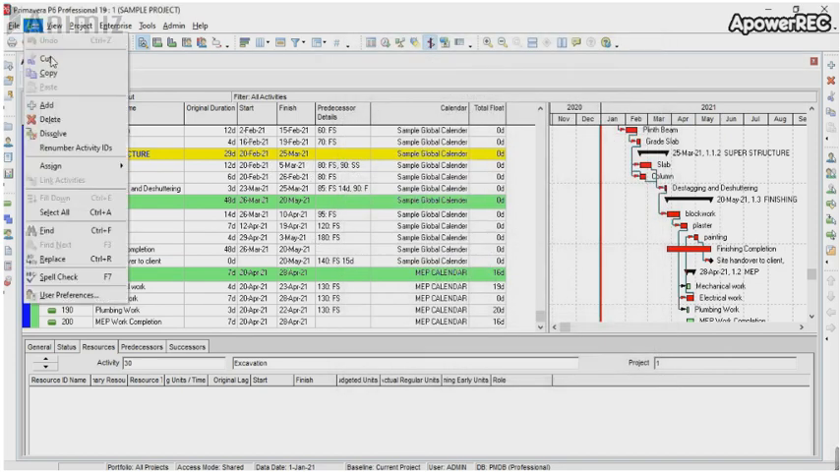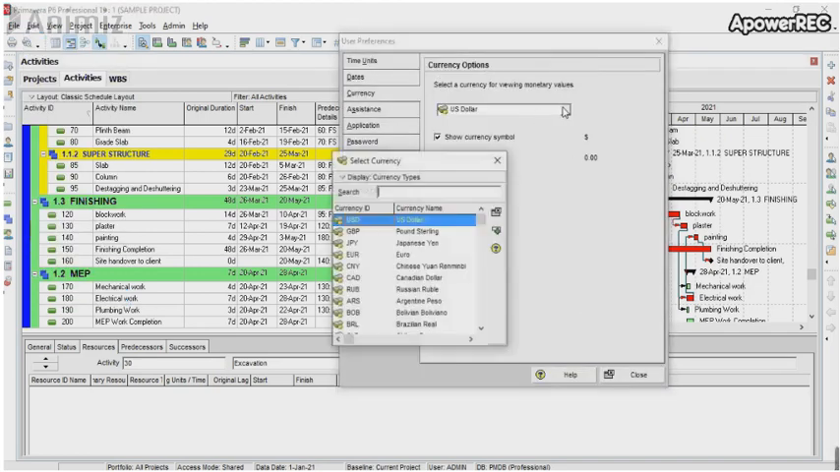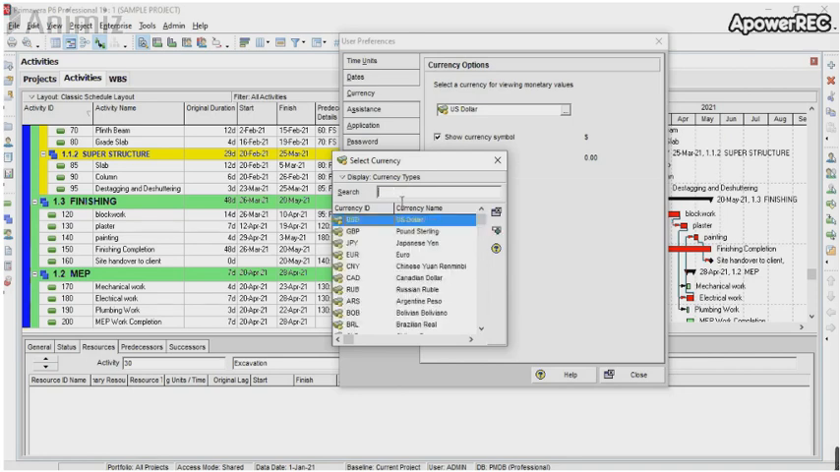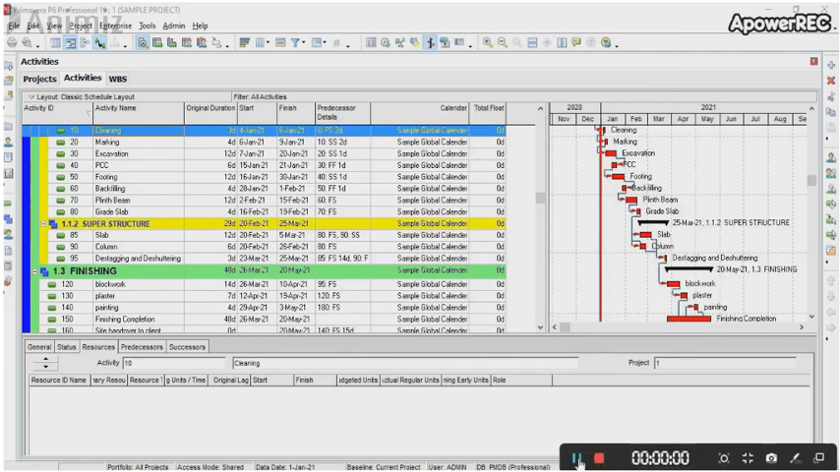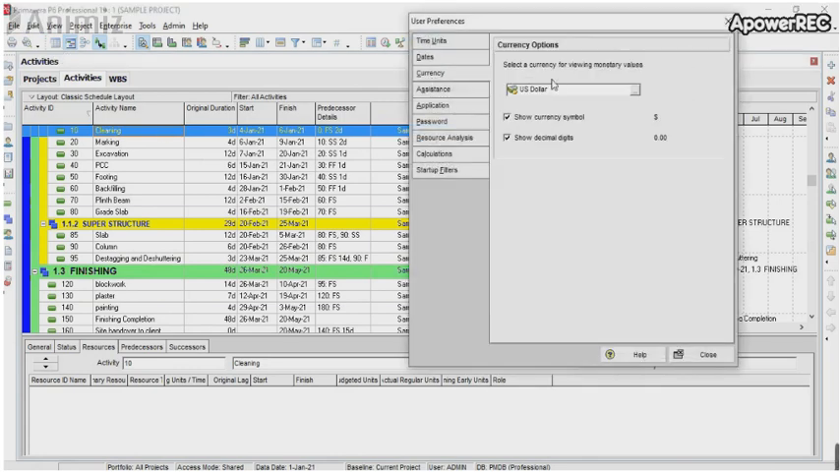If I untick the leading zero button, the zero before the dates gets removed. Now another thing that we will often use once we do the cost loading on the project is the currency. There might be a possibility that the currency you are looking for might not be available in Primavera. For example, right now Indian rupee is not available in the user preferences. In such a condition, you have to add the currency. To add the currency, you have to go to the